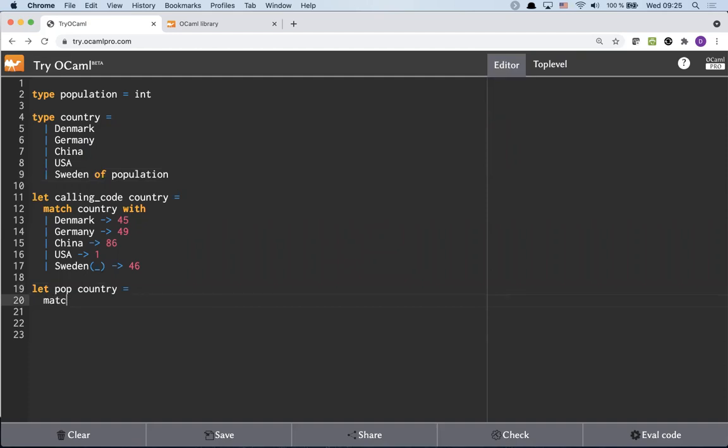So then what do we do? We match on country with, and then you need to match on Denmark. Right. And what should we do with this? What should we say about the population here? I mean, we don't know. So that's a little bit weird now. We have defined population here, but we don't have the population. But we need to return something. So for now, we will fix this in a better way later on. But let's just say now, okay, Denmark is 0, and then we have Germany